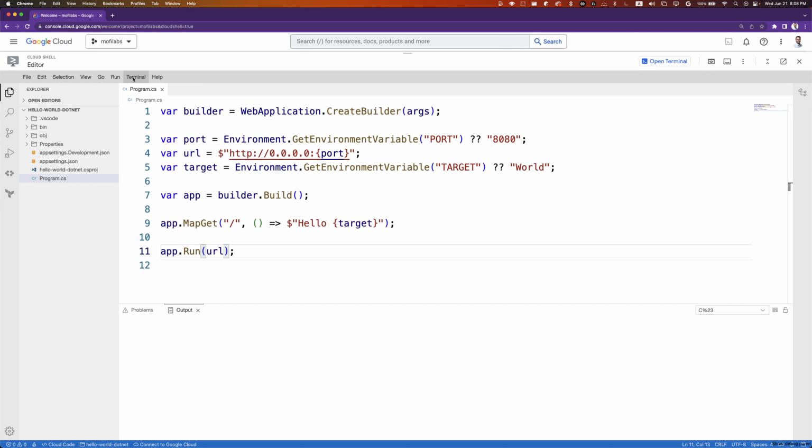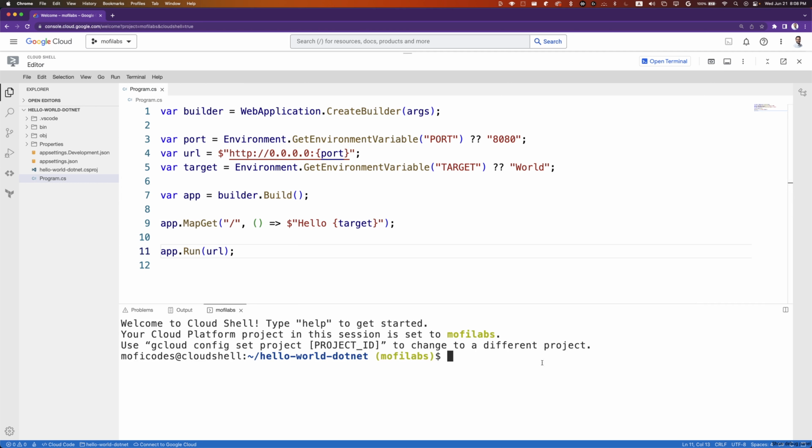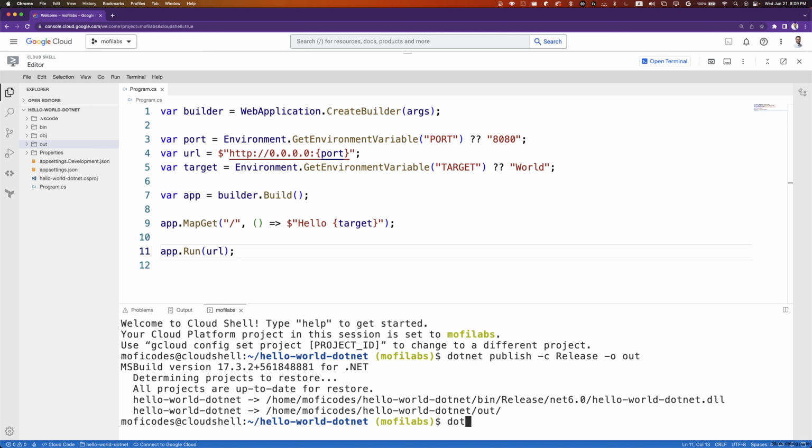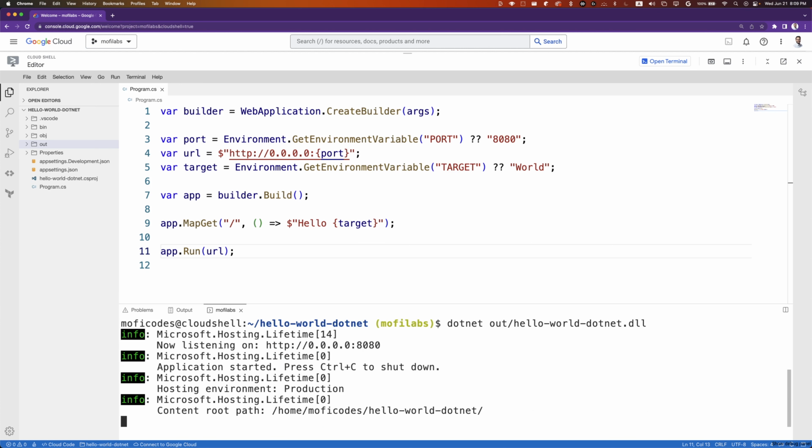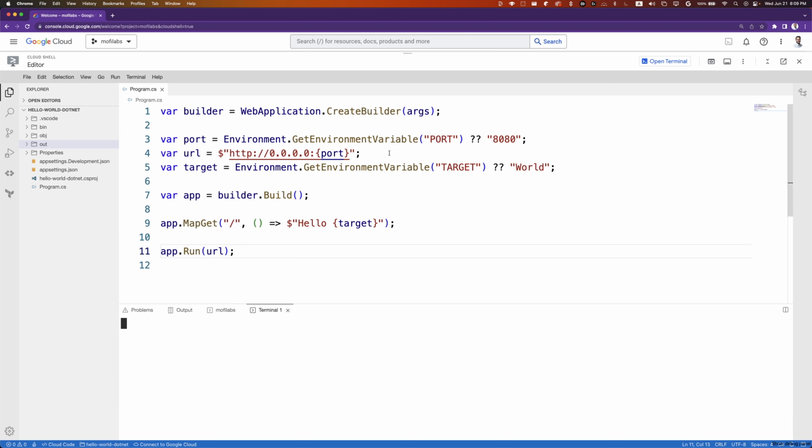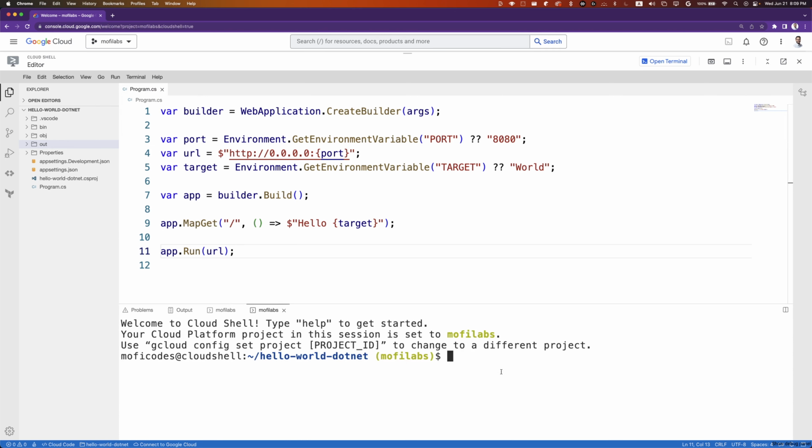We can test our application by opening terminal, building our project with dotnet publish -c Release -o out, then running our application with dotnet out/HelloWorld.NET.dll. Our application is running, and we can test it by opening a new terminal and running curl on